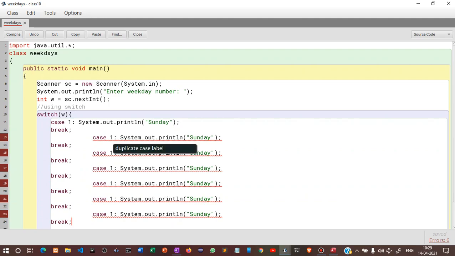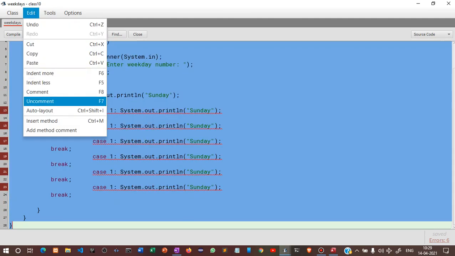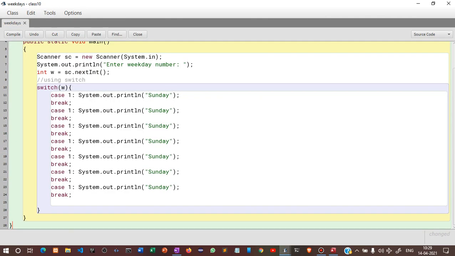Let me just clean it up so it looks nice. So case 2, case 3, case 4, case 5, case 6 and case 7.